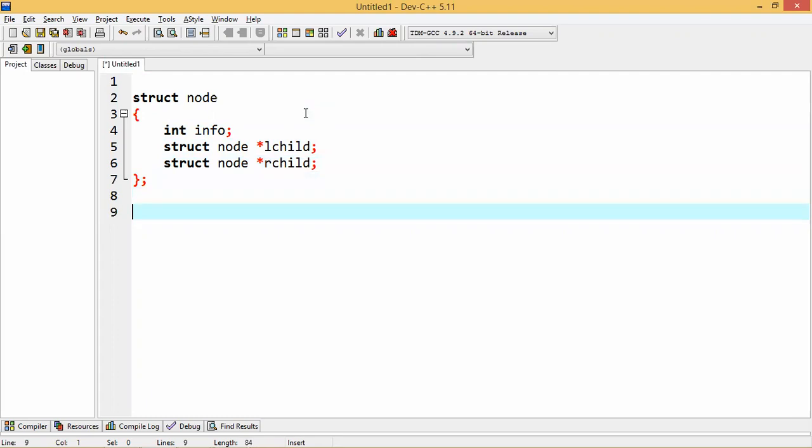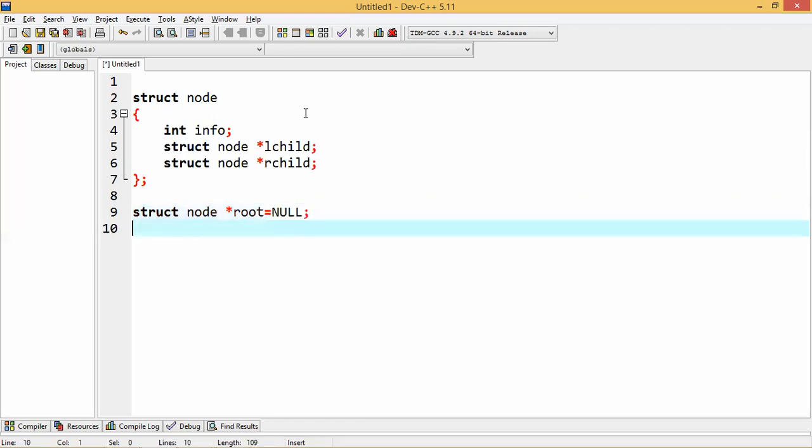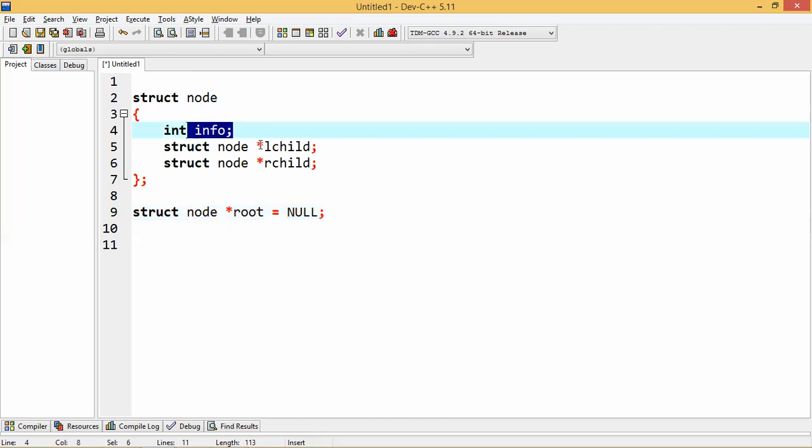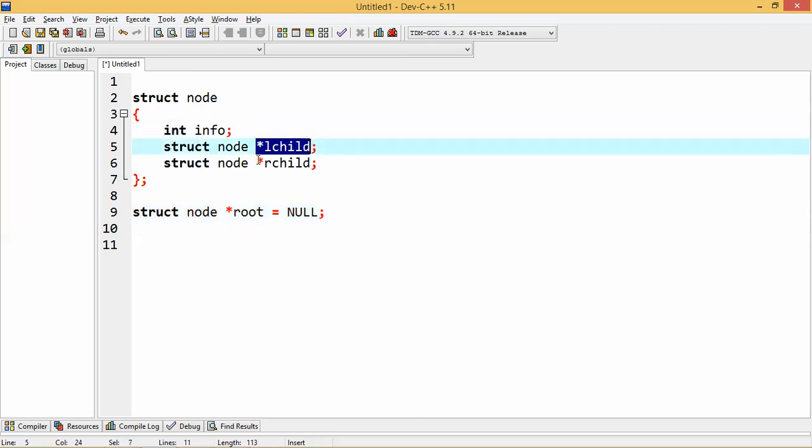This is how we define a particular node in a binary tree. There will also be a root node which will be initialized to null, because you have not constructed the tree yet. Very simple. So any node in a binary tree is defined with three parts: the information, the address of the left subtree, and the address of the right subtree. And the root will contain null.